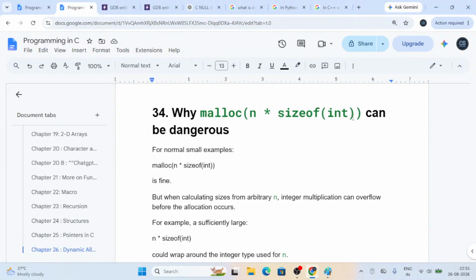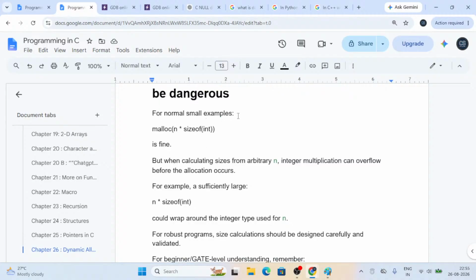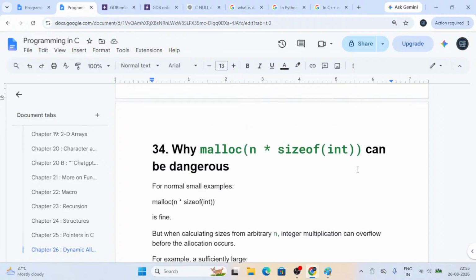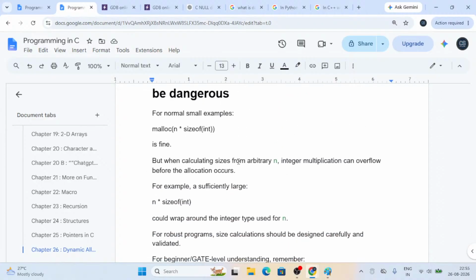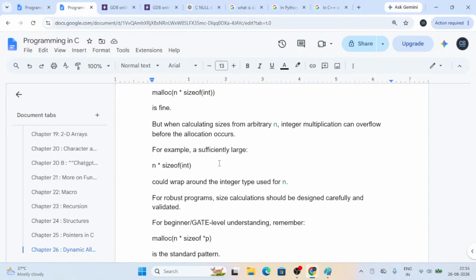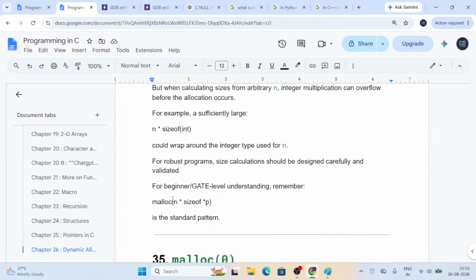So why malloc(n * sizeof(int)) can be dangerous. For normal small examples, it is fine, but when calculating the size from an arbitrary n, the integer multiplication can overflow before the allocation occurs. A sufficiently large n could wrap around the integer type used. So for robust programs, the size calculation should be designed carefully and validated. So this is why